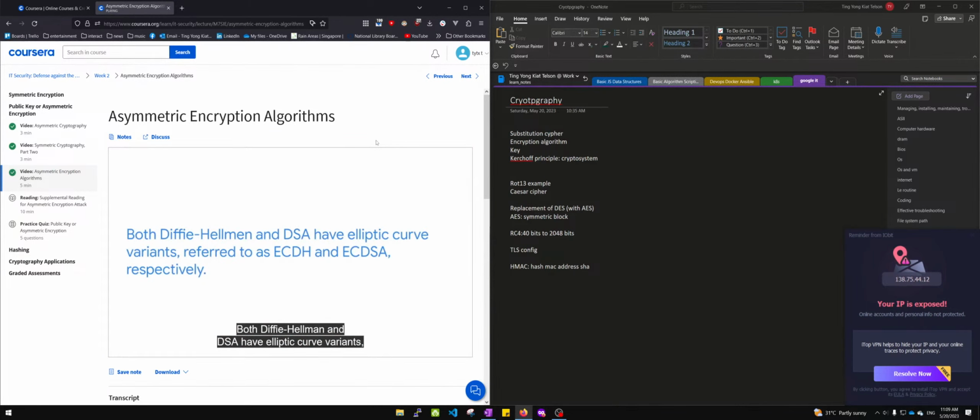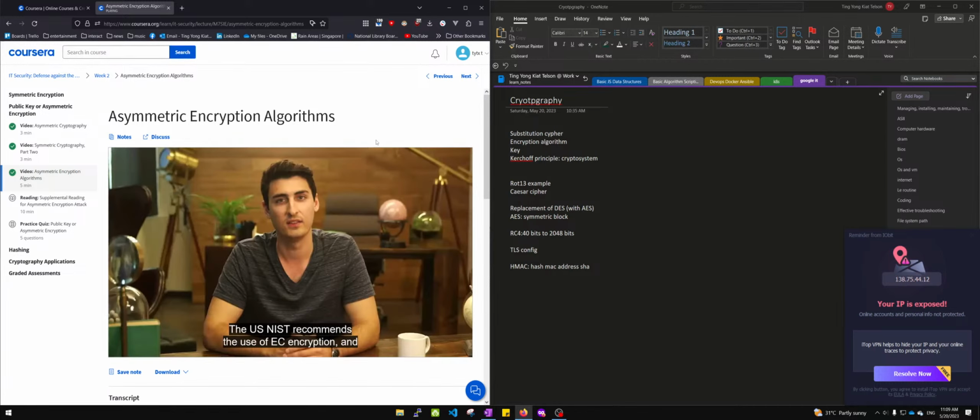Both Diffie-Hellman and DSA have elliptic curve variants, referred to as ECDH and ECDSA, respectively. The US NIST recommends the use of EC encryption, and the NSA allows its use to protect up to top secret data with 384-bit EC keys. But the NSA has expressed concern